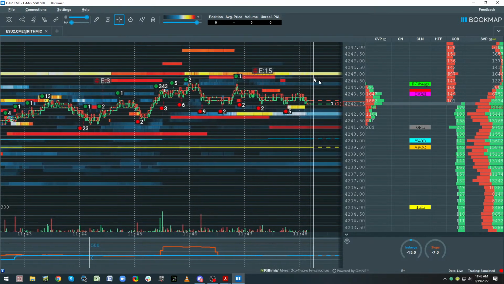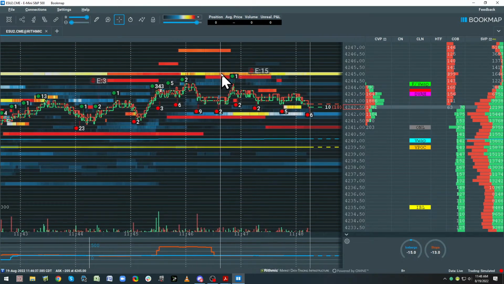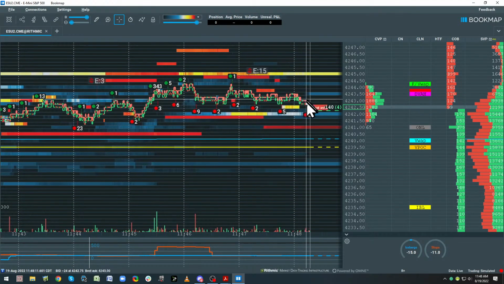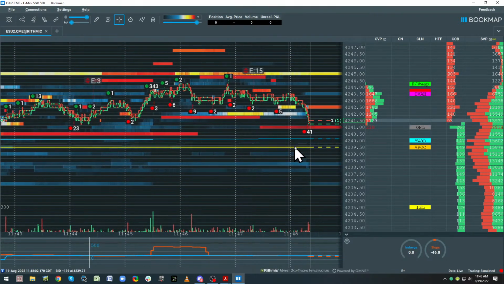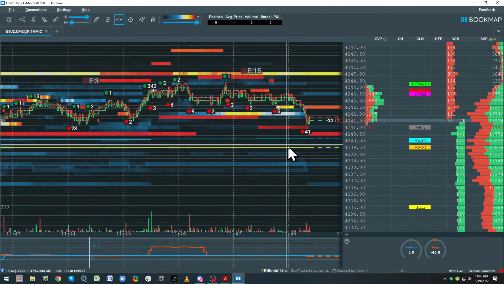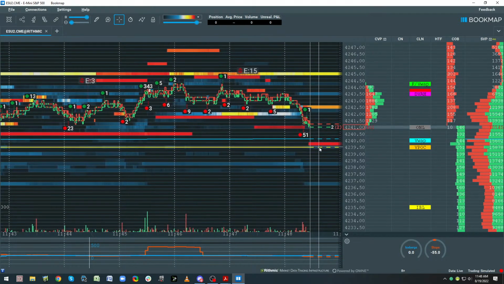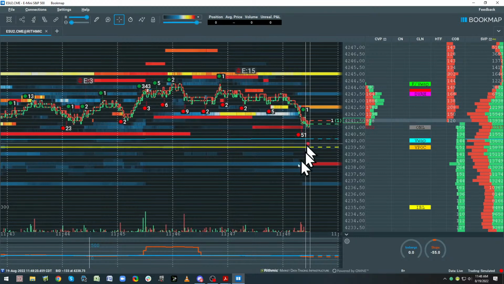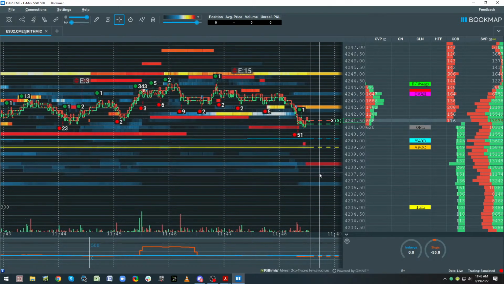Because the algos in here can just as easily throw this out here to get you on the wrong side, and there's no way to know. Now remember what our target is: mean reversion. So where's stops? VWAP. And look at this guy coming in here. See him? That's algo. You can see how it's automatically moving, jumping.